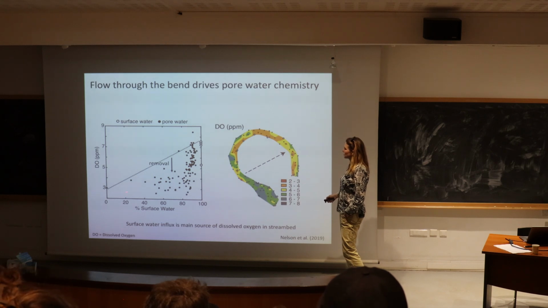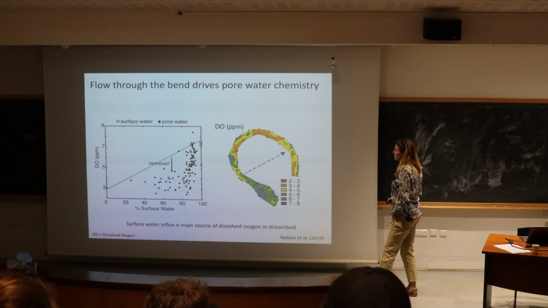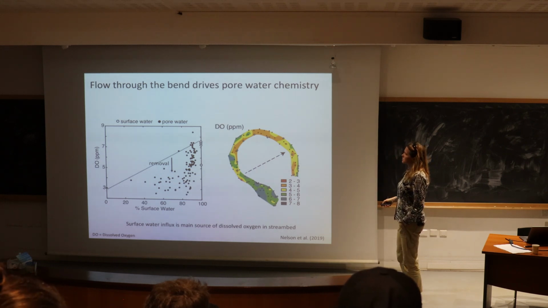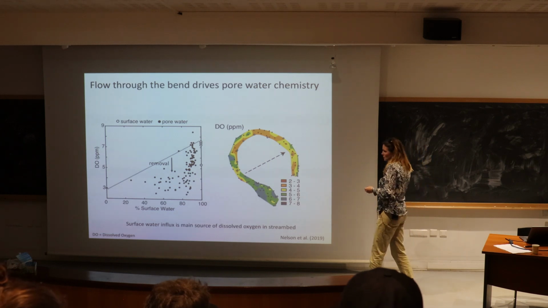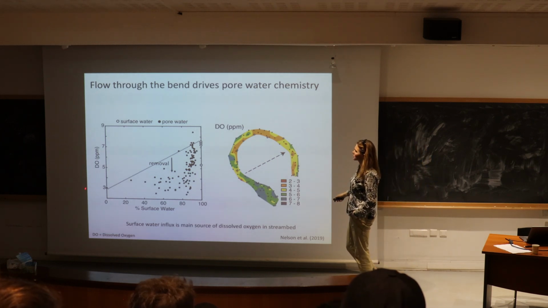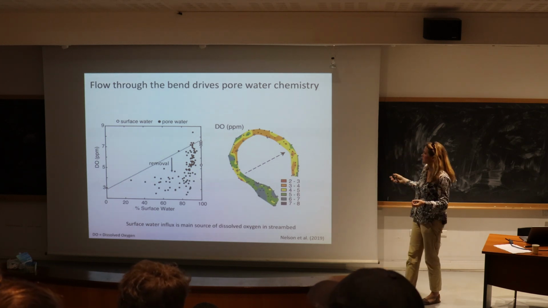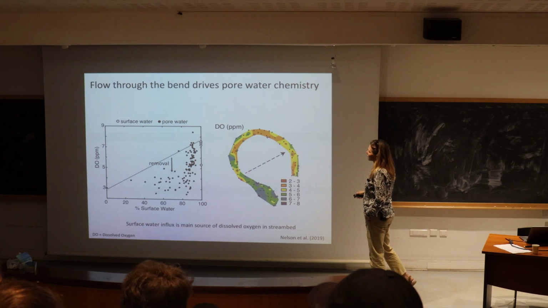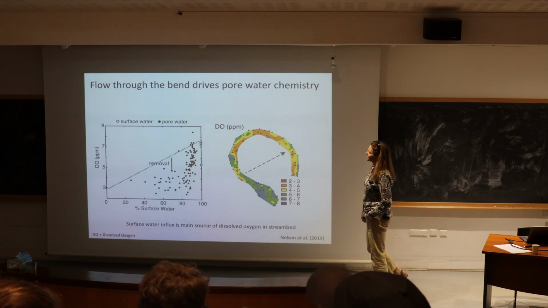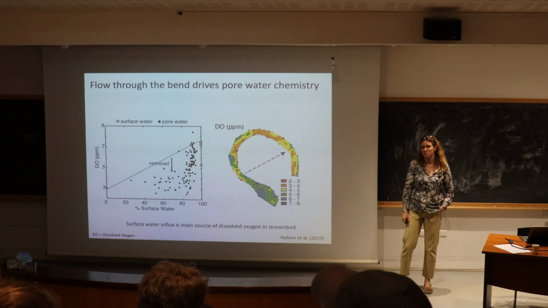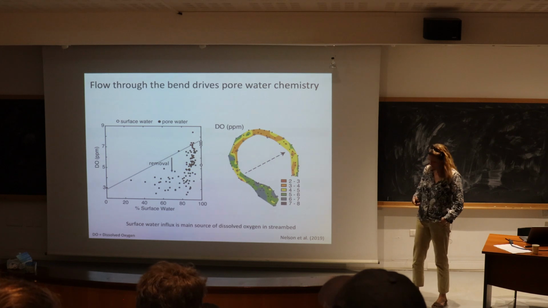Some of the samples that were most representative of our groundwater end member have pretty low dissolved oxygen. That's the lowest we can measure when we pull a sample out and quickly measure dissolved oxygen. It's probably much lower than this because we expose the sample to atmosphere the minute we pull it out, but it gives us an idea. And you can see how many of the pore water samples don't follow this conservative mixing line because oxygen is being consumed in the stream bed due to, for example, aerobic respiration.